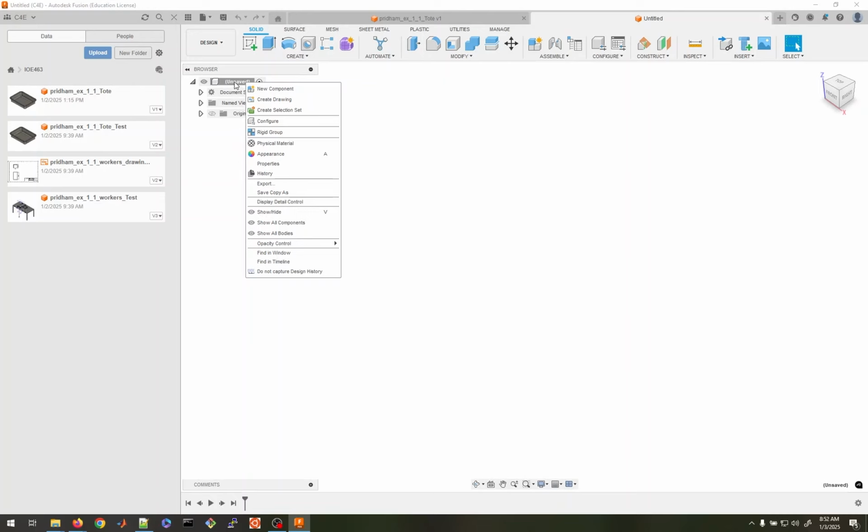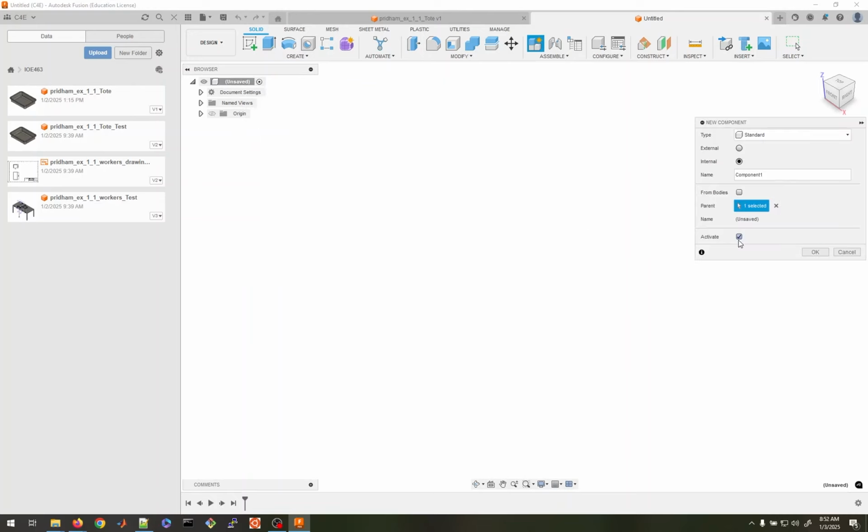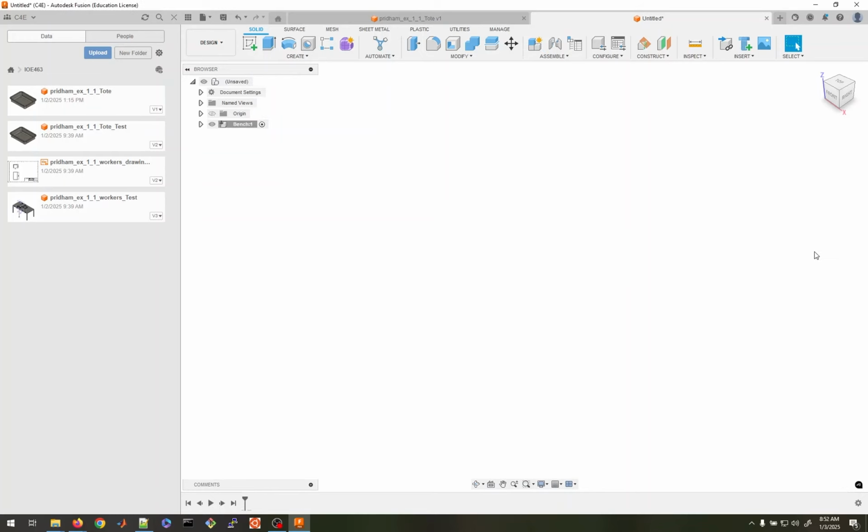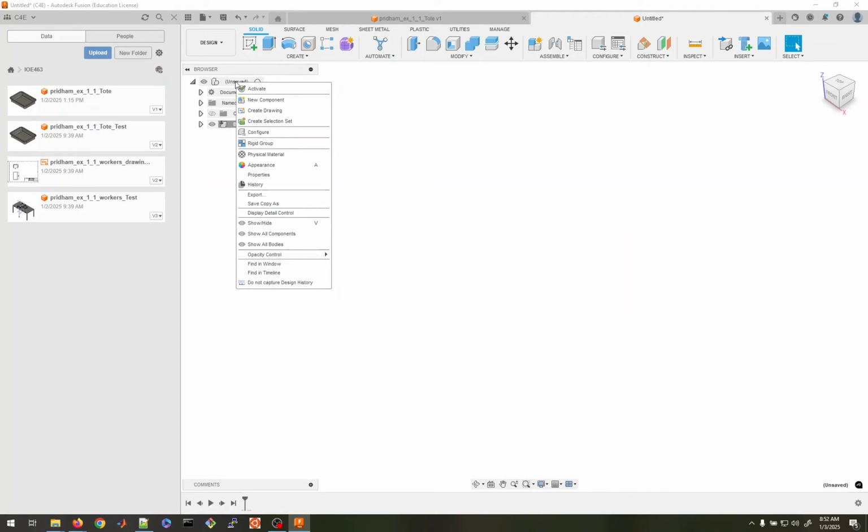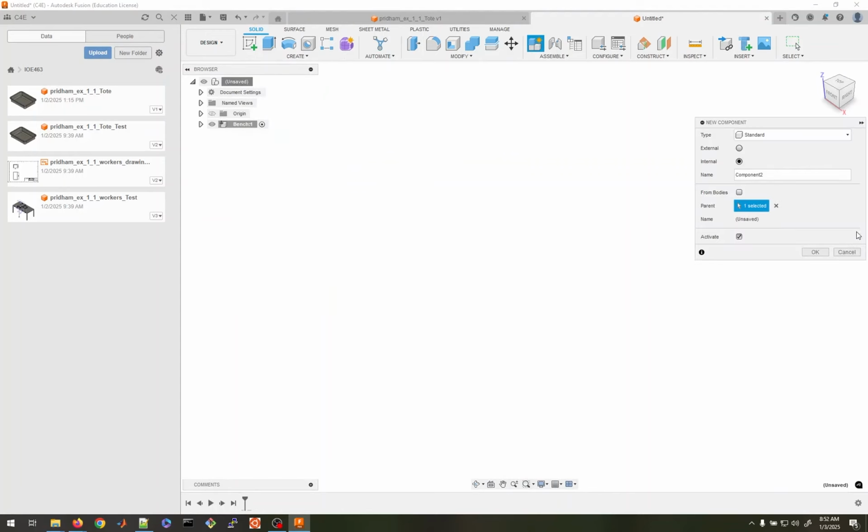So if we right click on the top level, we can select new component, name it bench. Parent is the top level, looks good. Say OK. And I'm going to go ahead and create the other two components now. So new component